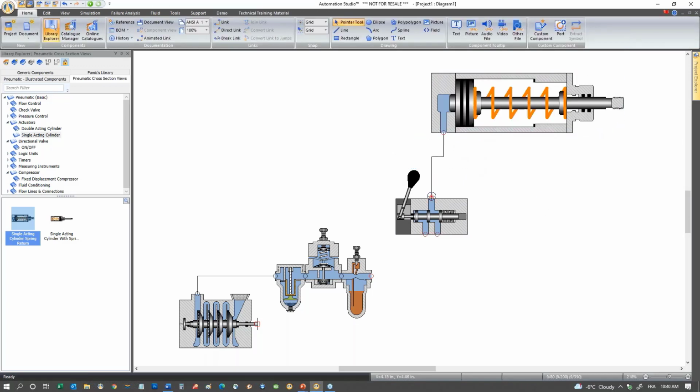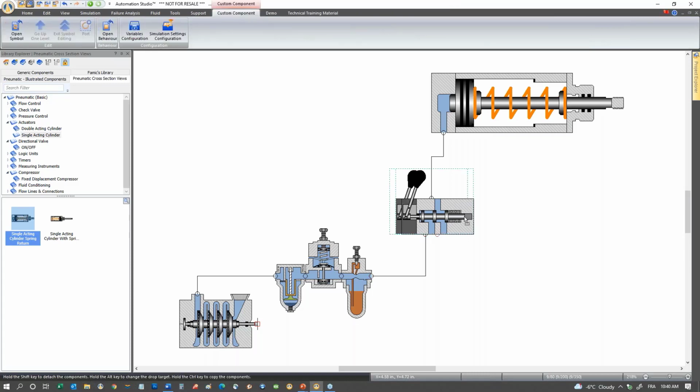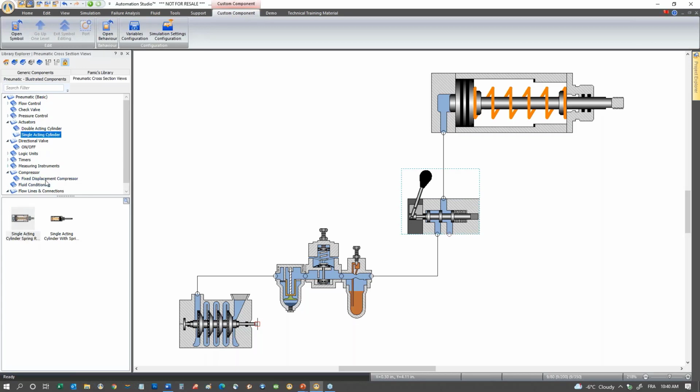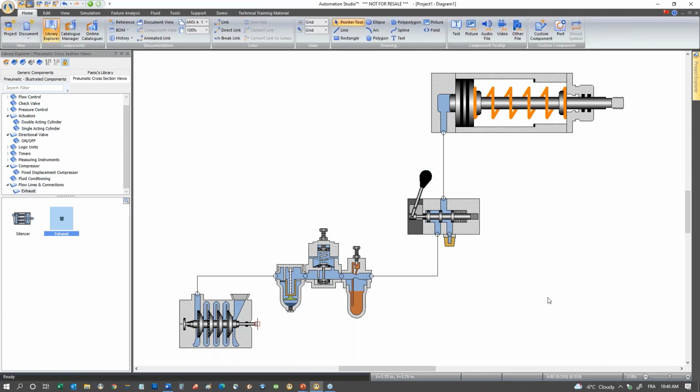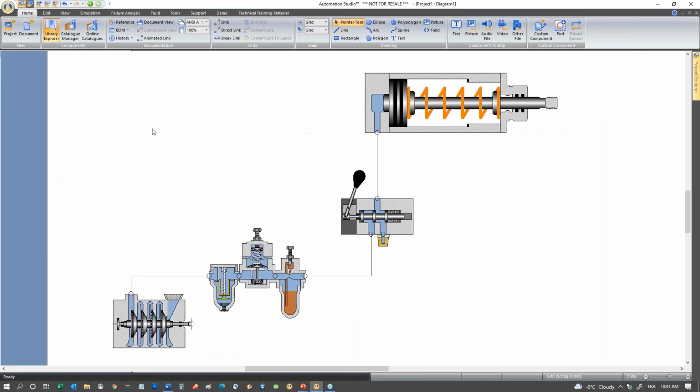So I can just make my connections like we did before. I can just align that like this, and then I'm going to take an exhaust. Okay, so it's going to be into flow and lines, exhaust. This, you see, it's a work in progress. The order is not even like how it should be, okay? So it's going to be all adjusted. I can go like this. And now if I simulate,